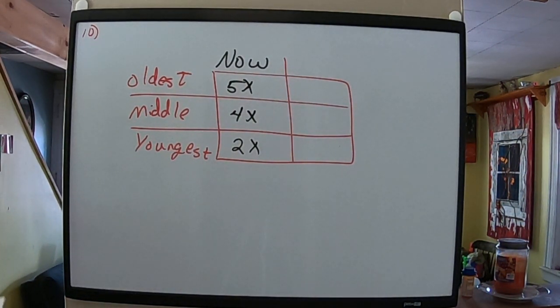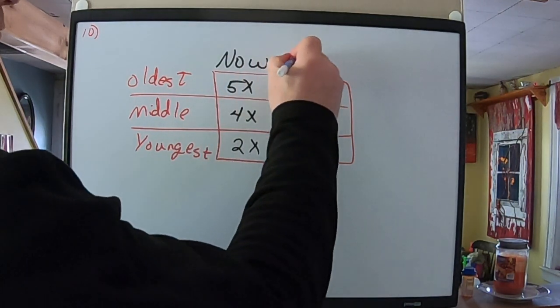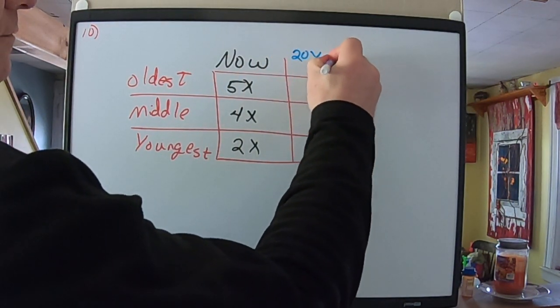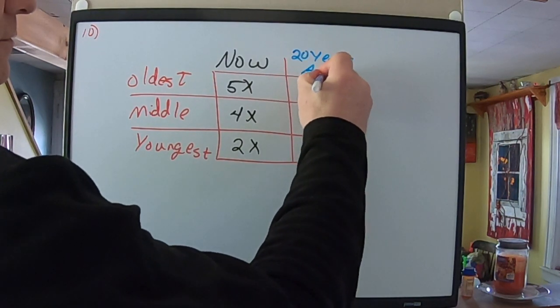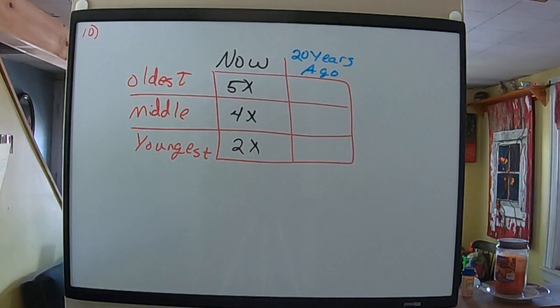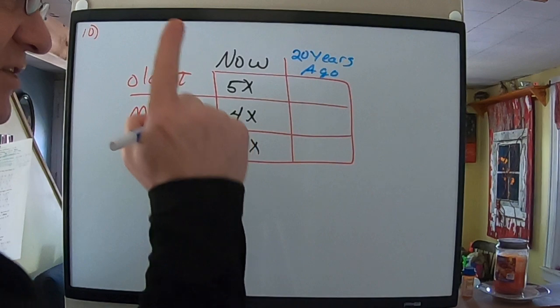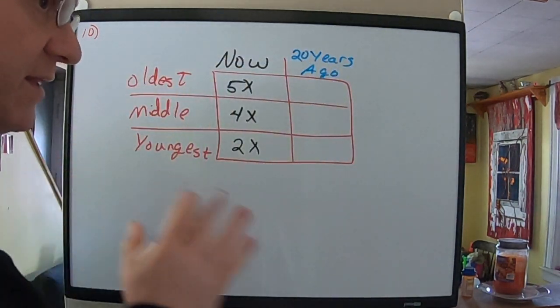And you'll see that same type of hint in the other example, number 9. 20 years ago, so I'm taking 20 away. Notice as soon as I read that, I don't look at the problem anymore, and